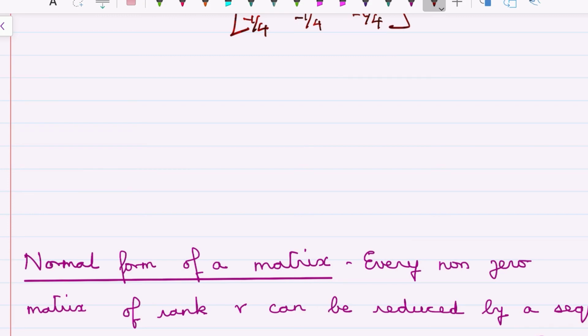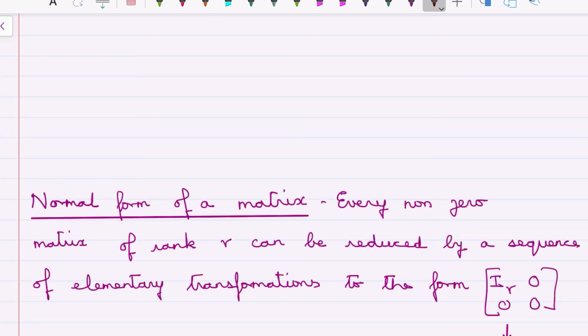Next, we come to the normal form of a matrix. The normal form of a matrix says that every non-zero matrix of rank R can be reduced